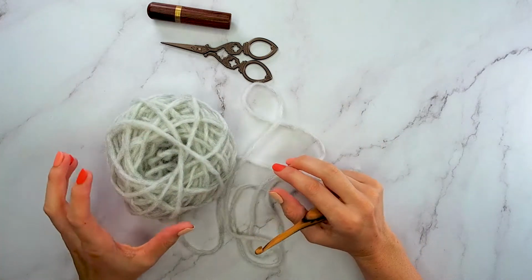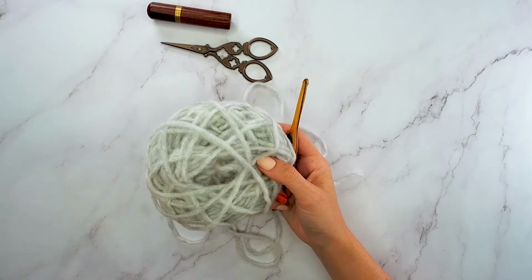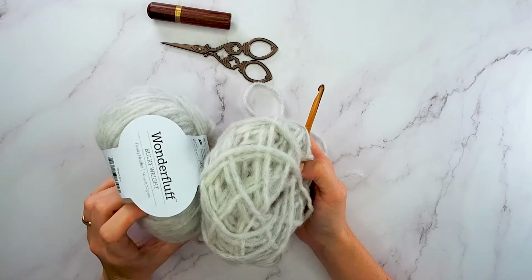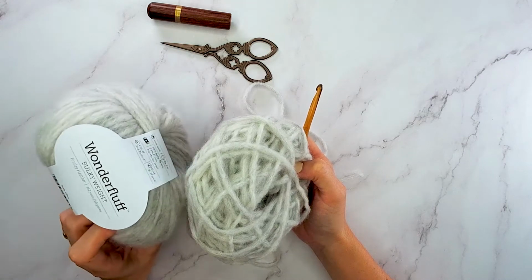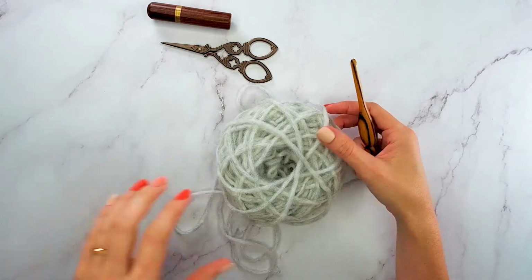So I just want to note here that this is the yarn left over from the adult size. So it did not take more than one ball of this, which is really awesome. So this is what's left over from making that adult size, and I'm going to start with this for the